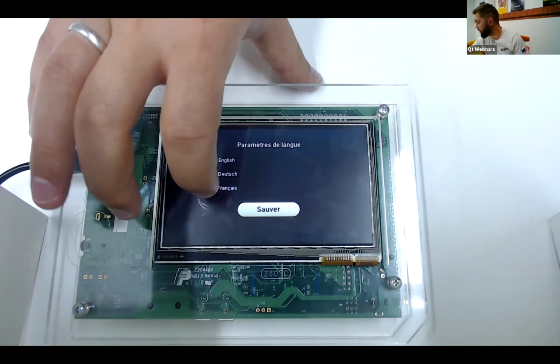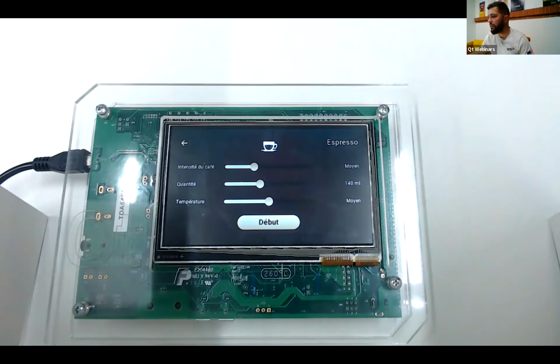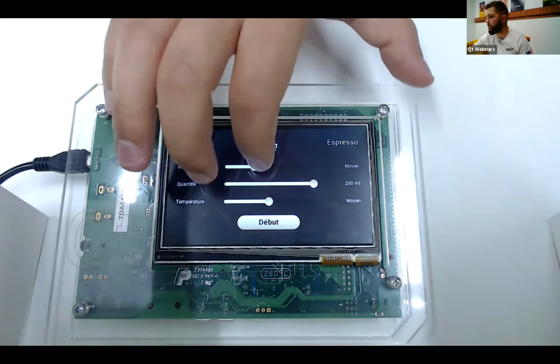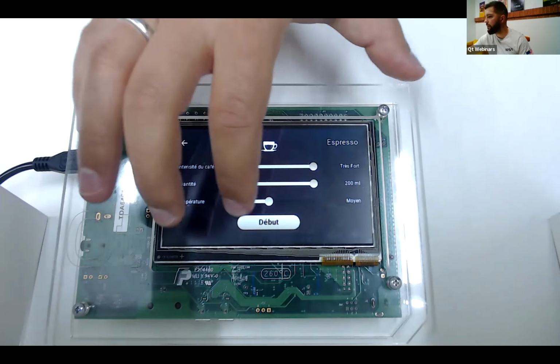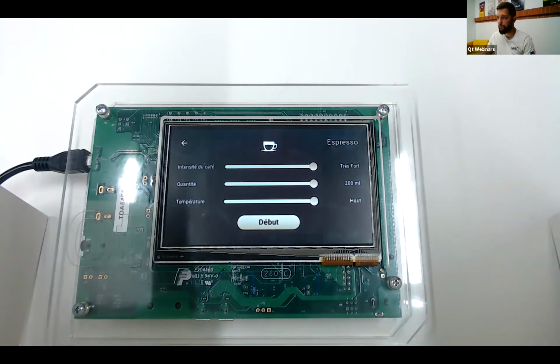It's hard to click. Okay, it seems to work. Let's verify that on the parameter screen. It works as well there. Let's change. Okay, perfect. Let me get back to